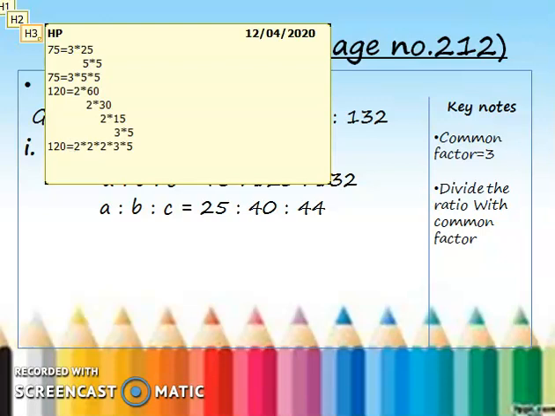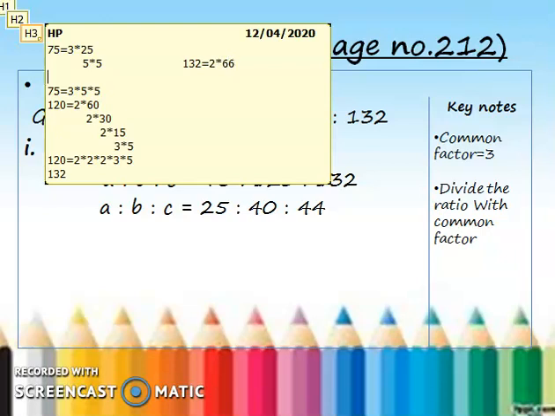The third and the last number in this question is 132. We can go here. Okay, 132. The first 2 numbers that would be multiplied and give 132 are 2 multiplied by 66, isn't it